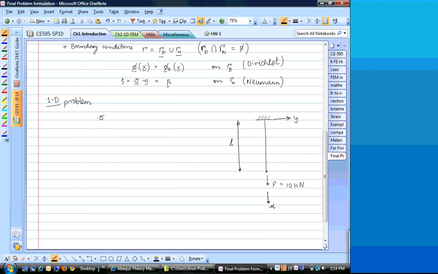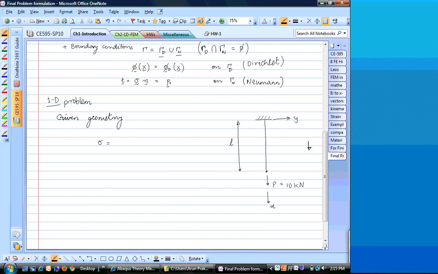So the stress, I'm writing it as a scalar because it's one-dimensional. Given the geometry, the load is given to be P, and in addition,